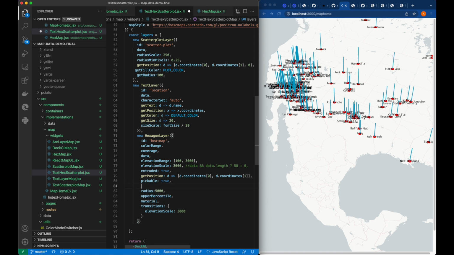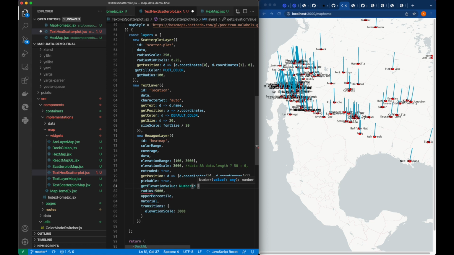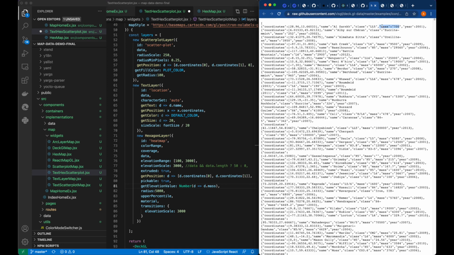So let me see if they have get elevation value, and that should be the number. And if it's the number, then it will be d, and from d we need to use d.mass, because that is part of the meteorite data set. This is the mass. So this mass has to be converted into a number, because this looks like a string here. So we have done that way. So if that's the value here,